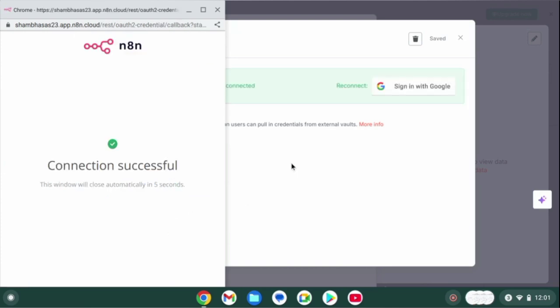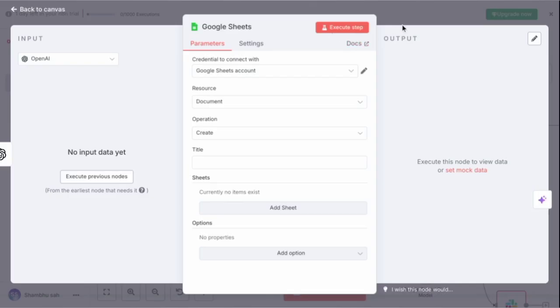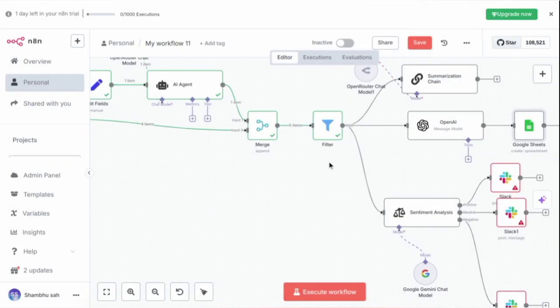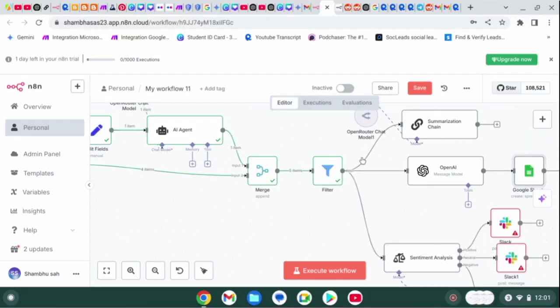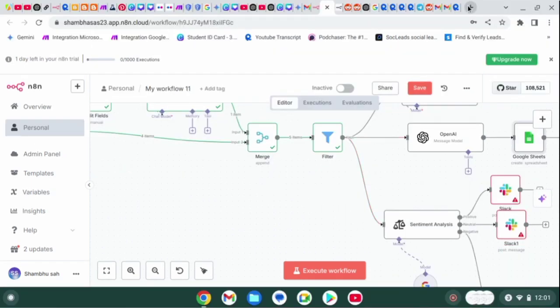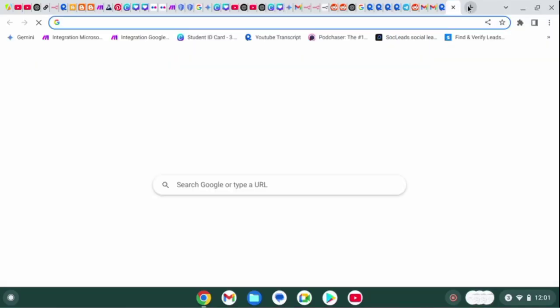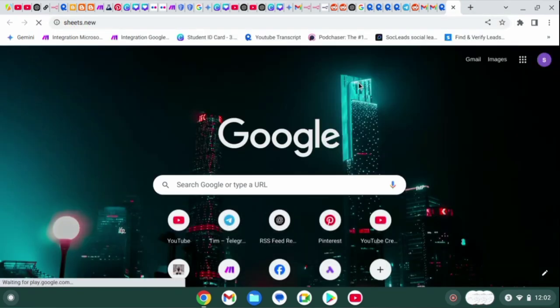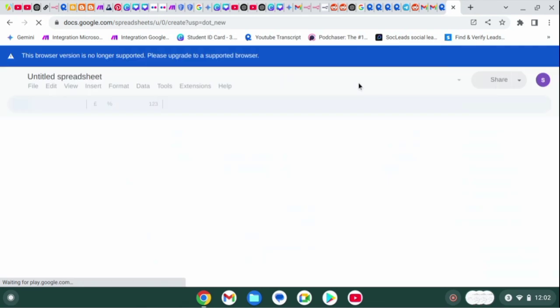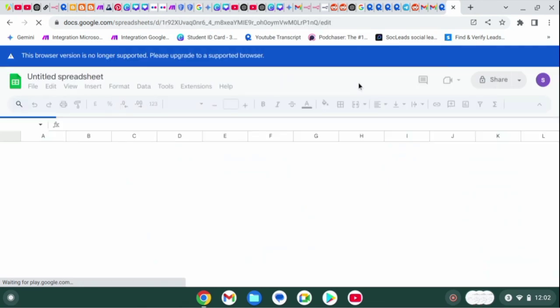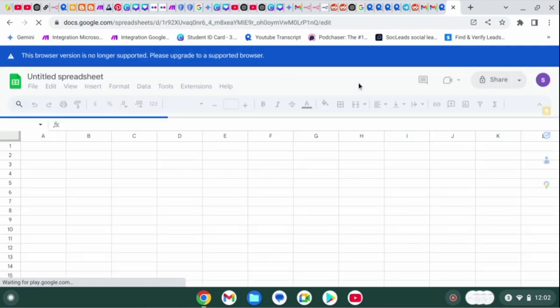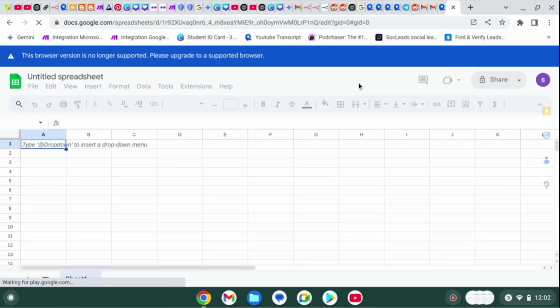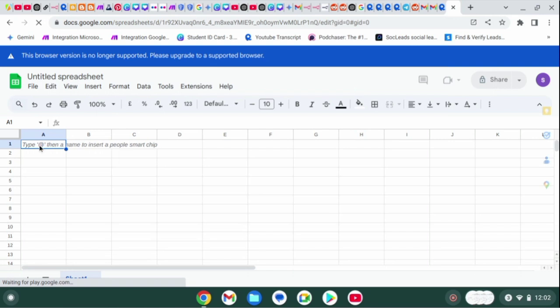Now we need to add a sheet based on the output data. So let's create a new sheet in our Google account. Let's type into the browser sheet.new to create a new sheet. So we need to add a sheet based on the data. Here I can write